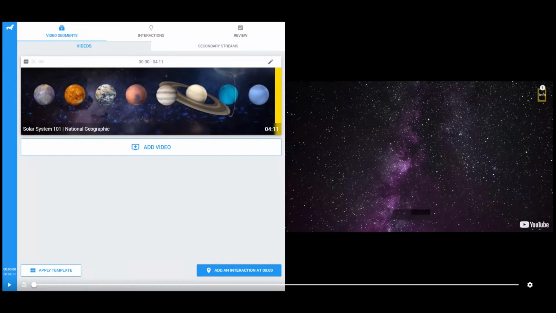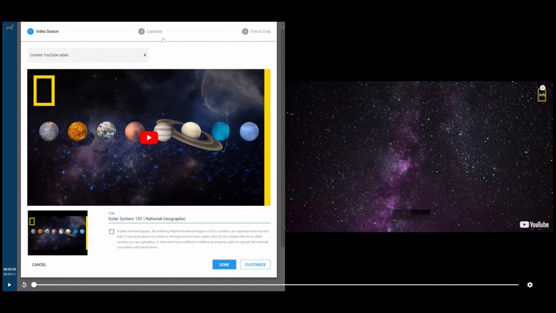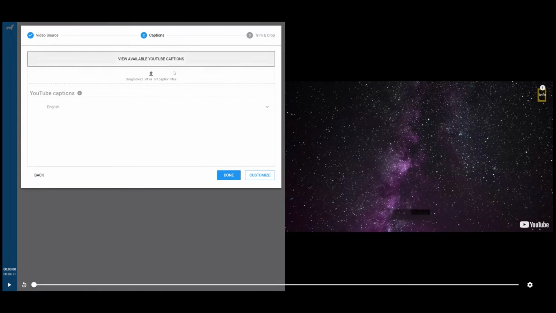After a video is imported to the Bob Designer, please click on the video segment and select the Caption tab to view the captions. If the video is imported from other video hosts, like YouTube or Panopto, and already has captions attached to it, the captions will automatically fetch to PlayPosit when the video is imported. Instructors can view the available captions on this page.